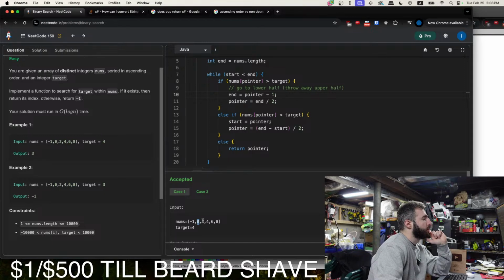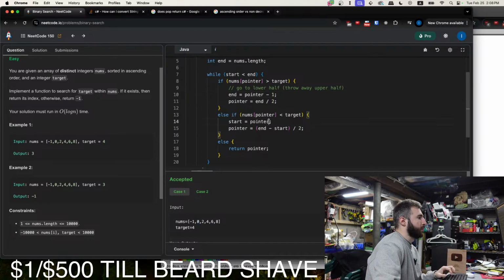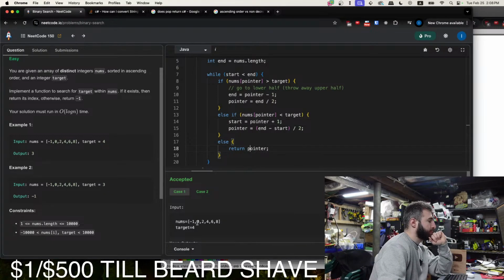So we continue. The current value at 0 is less than the target. Yep, so start equals pointer. That should be pointer plus 1, because we know that that is not it. And pointer equals end minus start.